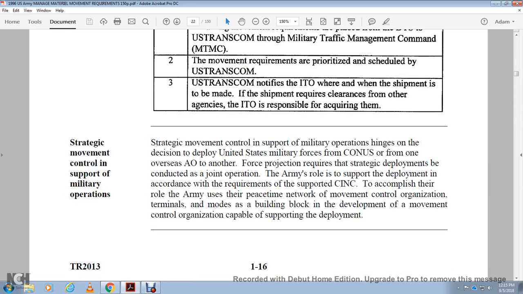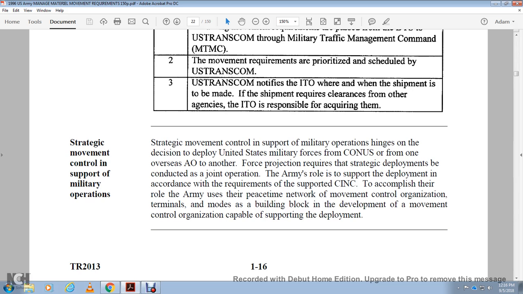Strategic movement and control and support of military operations involves the deployment of United States military forces of the CONUS from one area of operation to another. The project required the strategic deployment to conduct joint operations, with deployment in accordance with the requirements of the chief